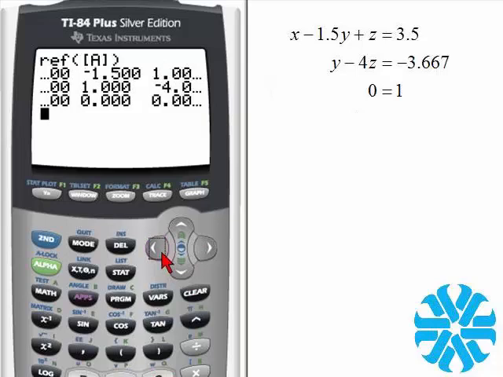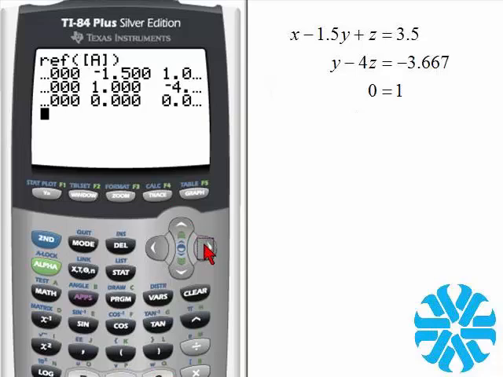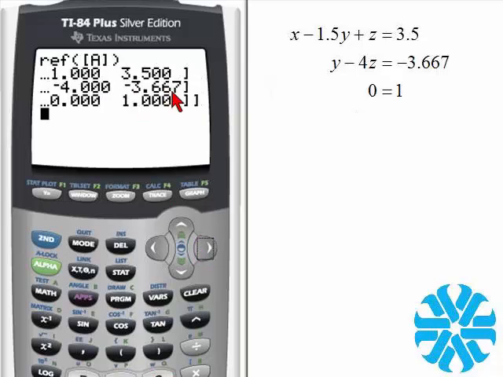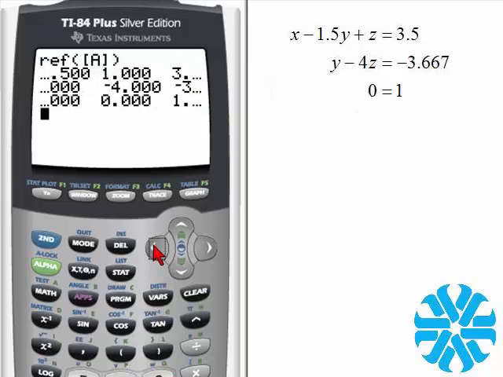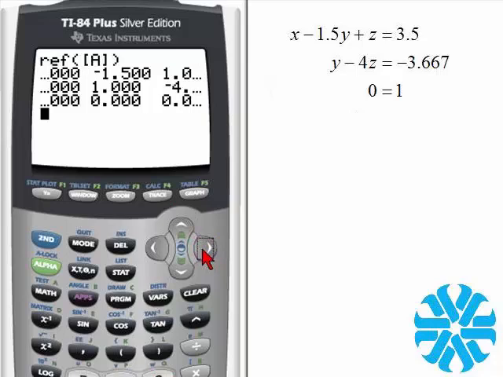And then the second equation says there are no x's, but there is 1y and subtract 4z, and that is equal to negative 3.667. Then the final row, which says 0 x's, 0 y's, 0 z's